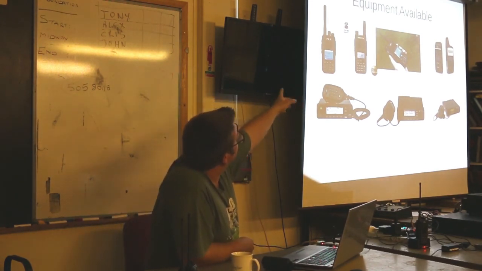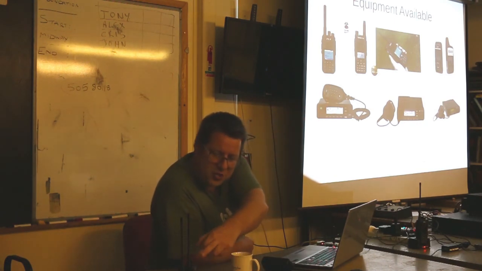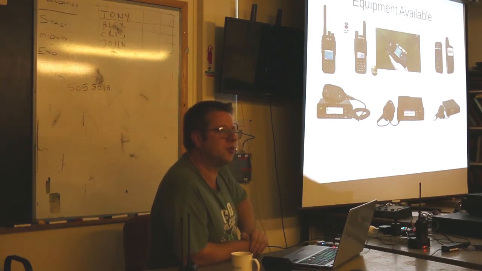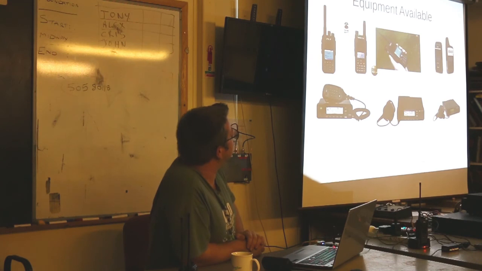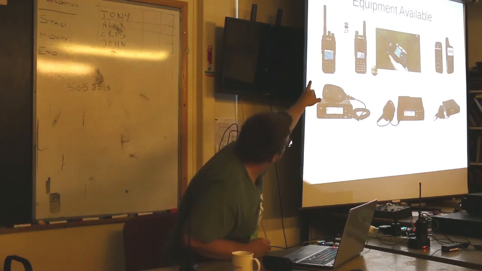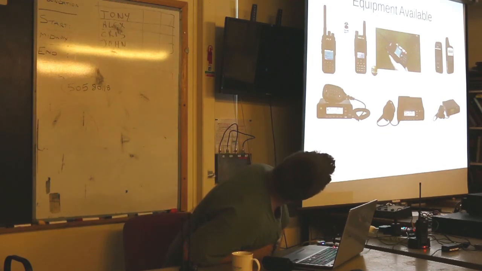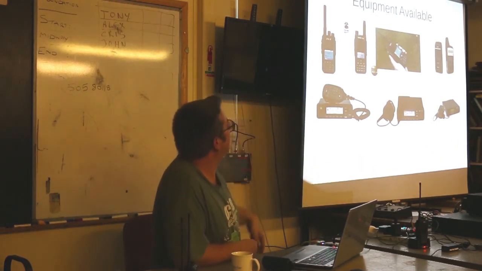You get single band ones. Adam's brought his VHF set in, which looks absolutely identical to the UHF set. Slightly different, it doesn't have as much storage and stuff, does it? But it's pretty much the same thing. That's this one on the top left. Next one along, yeah, that's a GD77, which is a dual band one.